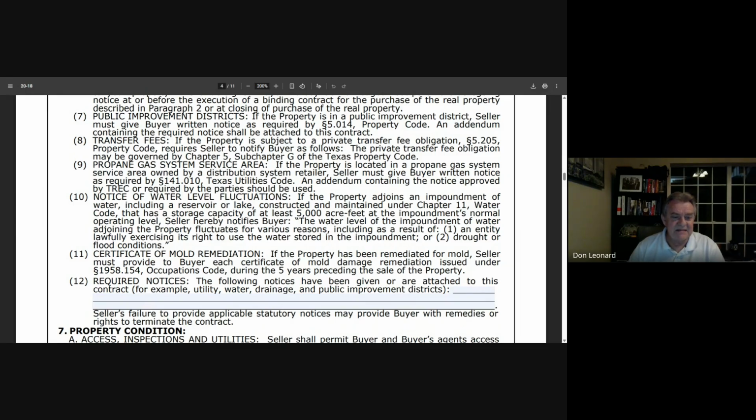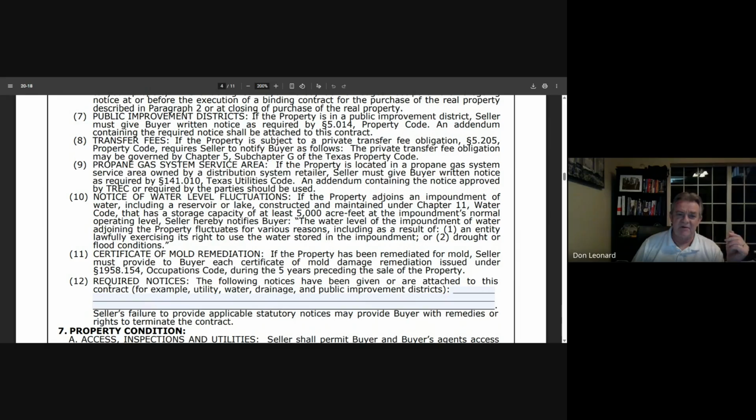9, propane gas system service area. This really applies mostly in the Hill Country, although there are a couple of subdivisions in Montgomery County, and I think maybe 1 or 2 in Galveston County as well, where the subdivision receives propane gas the way that we receive natural gas. You know, you get out into the country, most of the time, if they have propane, it's this massive tank that's in the backyard. But